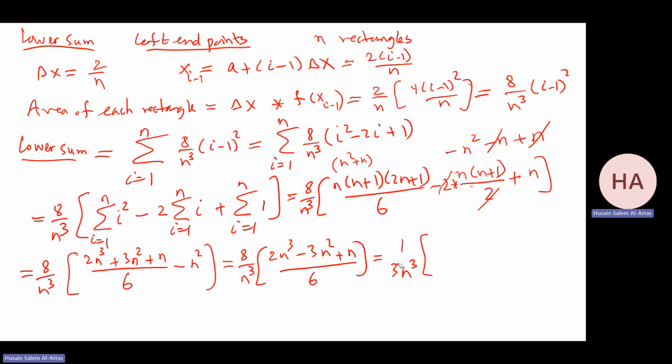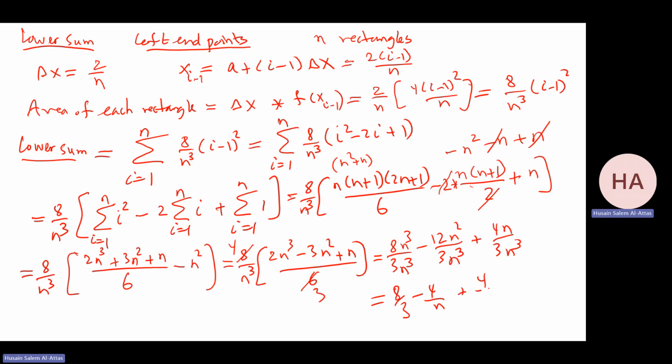Yeah, well, just let me, yeah, this is 4 over 3. So it will be 8n cubed over 3n cubed minus 12n squared over 3n cubed plus 4n over 3n cubed. In other words, it is 8 over 3 minus 4 over n plus 4 over 3n squared, which is almost